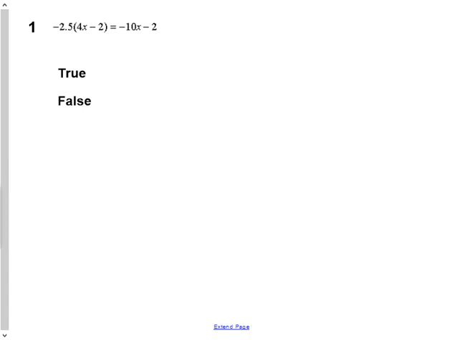Okay, we're winding down in Chapter 8 in Algebra Grade 9. This is Section 8.3, utilizing distributive property. In algebra, the first two questions are true and false. So what it really says